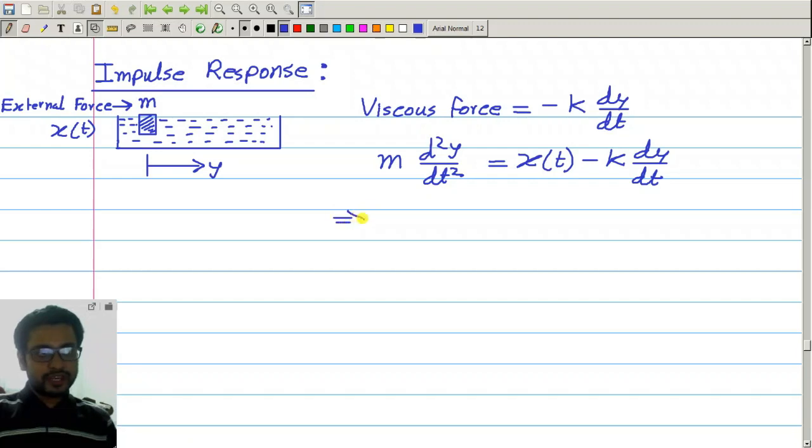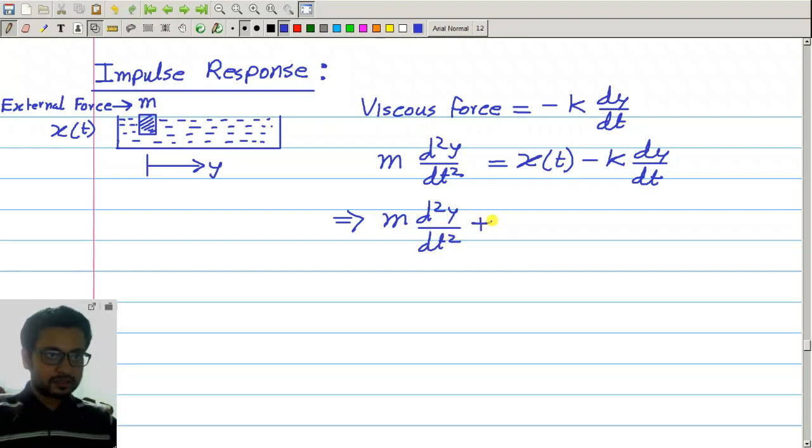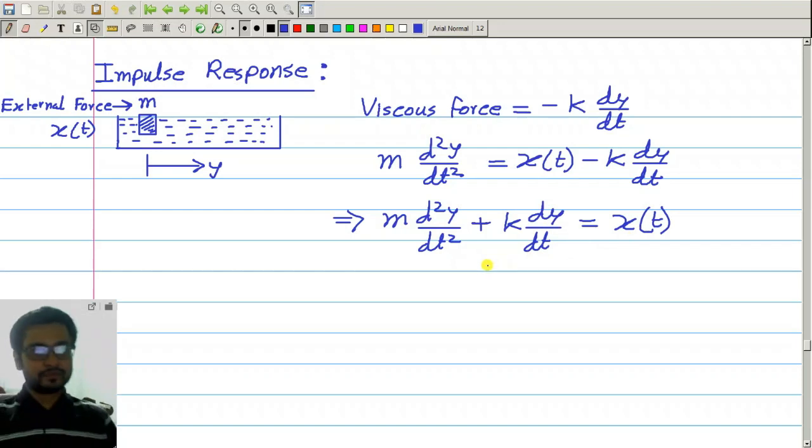From this we can write this differential equation relating the output y, or displacement, to the input force, the external force x(t), and we have initial conditions